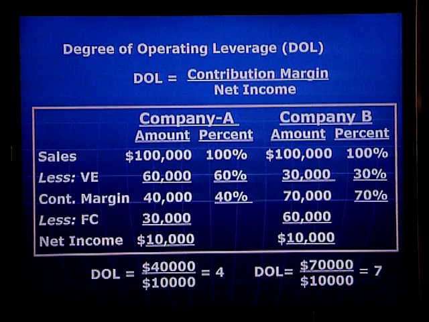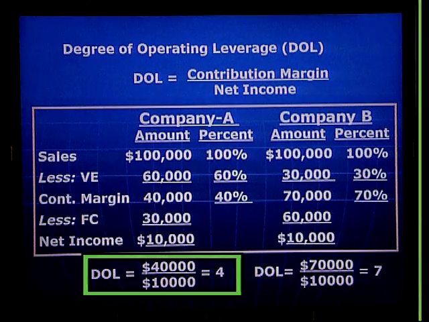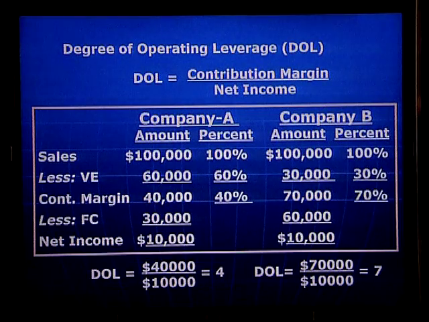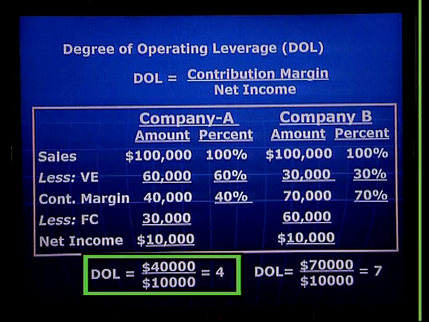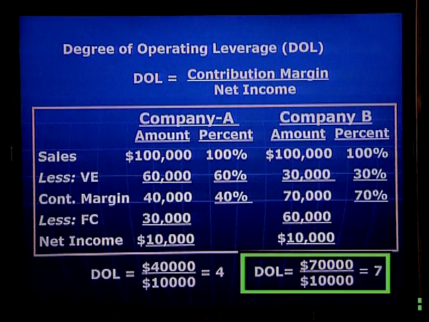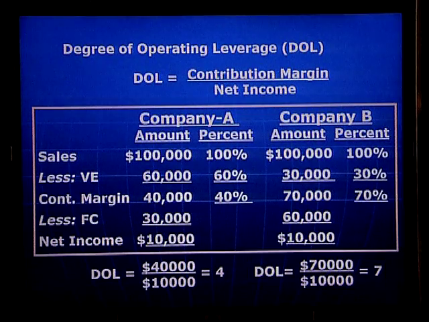Now let us look at the situation of company A and company B as we have discussed earlier. The degree of operating leverage as a multiplier is calculated as a ratio of contribution margin and net income. When the total sales is $100,000, the degree of operating leverage for company A is $40,000 divided by $10,000, that is 4. The degree of operating leverage for company B is the contribution margin of $70,000 divided by their net income, which is $10,000, that is 7. Since the degree of operating leverage for organization A is 4 and for company B is 7,